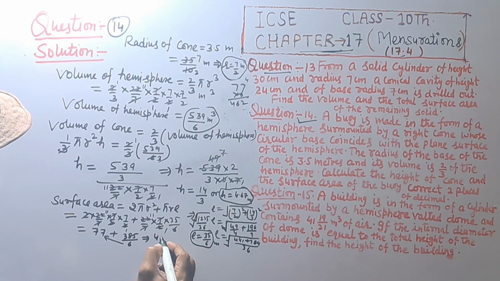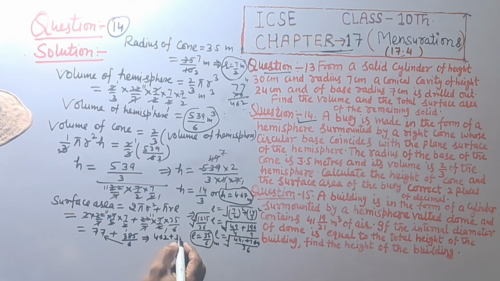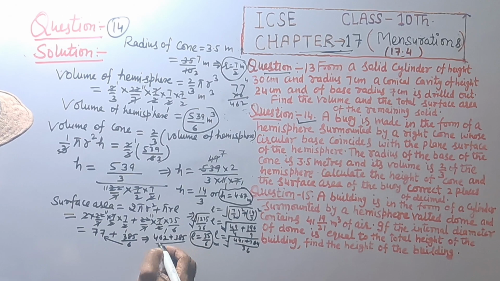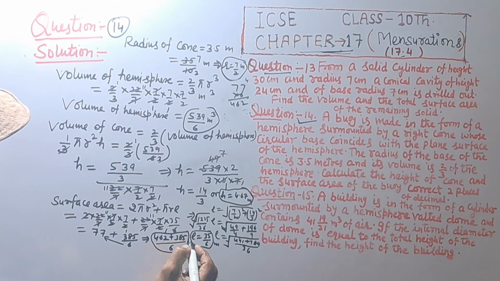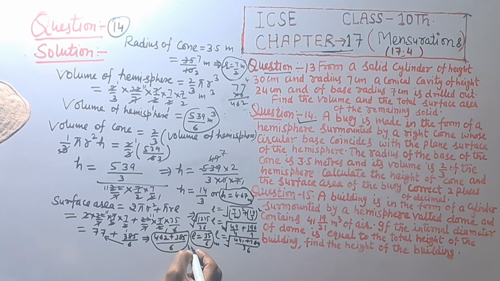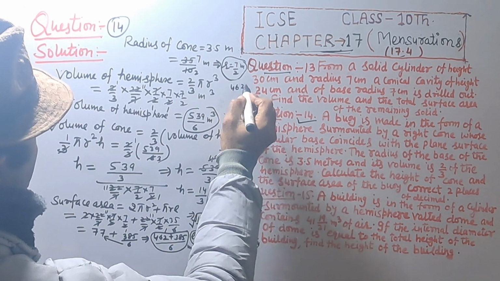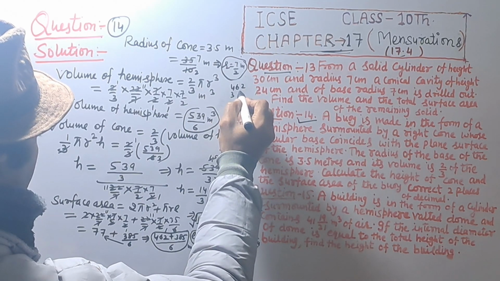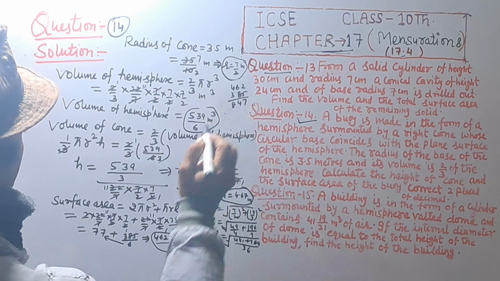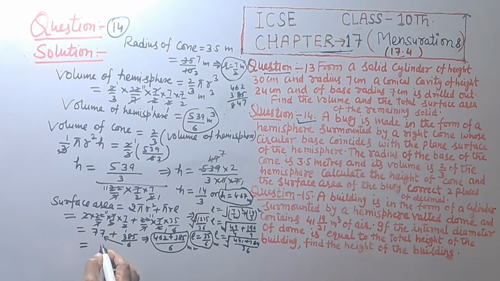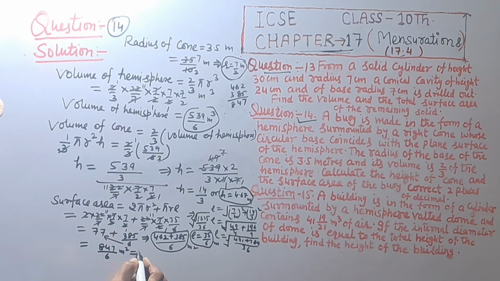And 462 plus 385 upon 6 meter square. 462 and 385, 847, that is equal to 847 upon 6 meter square, which implies